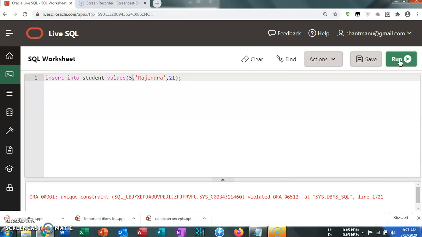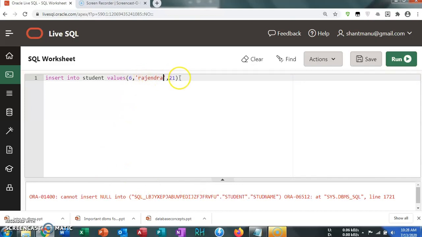Suppose I have given here value 6. Now 6 is not present in the table, so I will change it to 6. Okay, so this is the valid value. But here in Rajendra, suppose I put a null value, and we have given a not null constraint on the particular column, and so I am inserting a null value. What happens? It also shows you an error: cannot insert null into student name. Why? Because we have given a constraint as not null. So you are required to put some value here. So I have just put here Rajendra again.